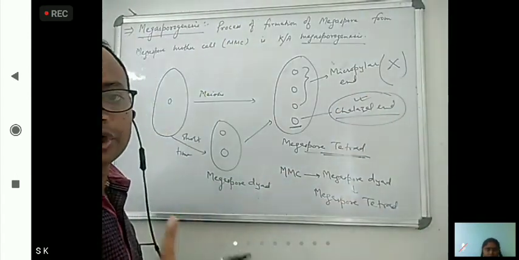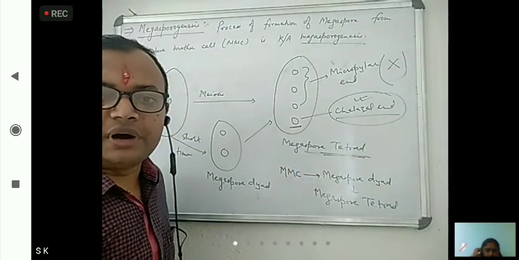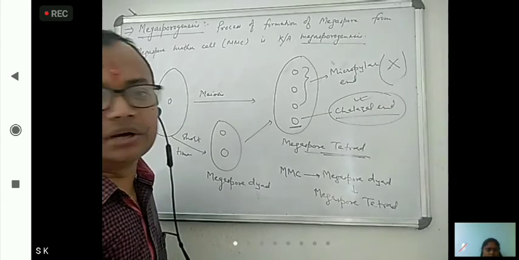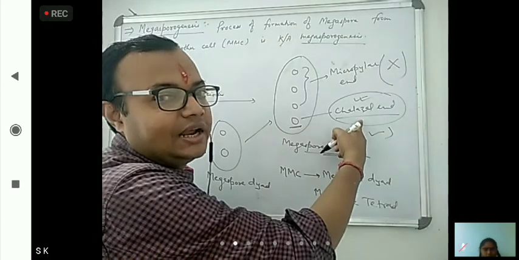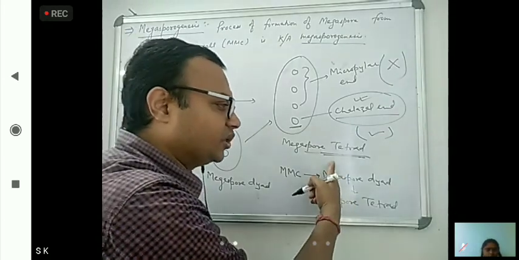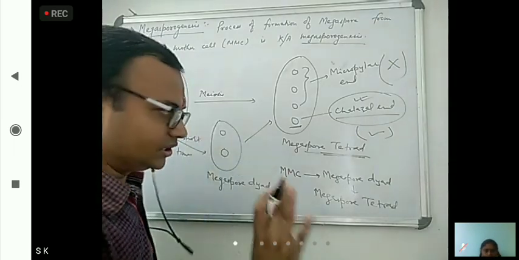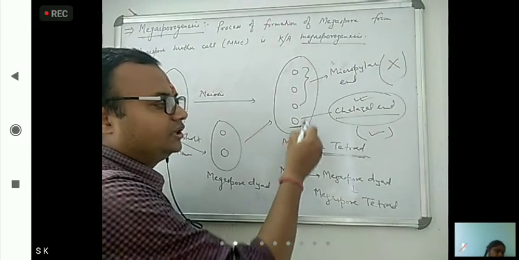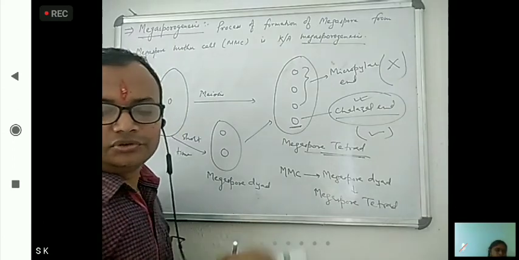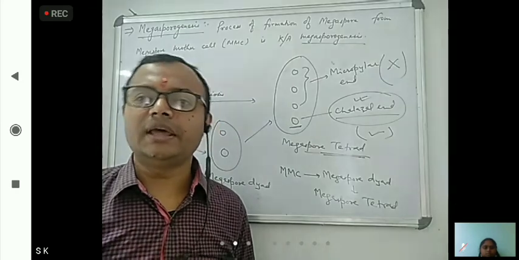This is the question of EMS. Which side or which part of the megaspore becomes functional? Chalazal end side of the megaspore tetrad becomes functional for the fertilization. That you have to remember. So it is megasporogenesis. Now, since only one megaspore developed, next we have to see development of monosporic embryo sac.